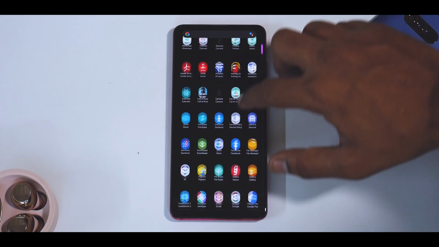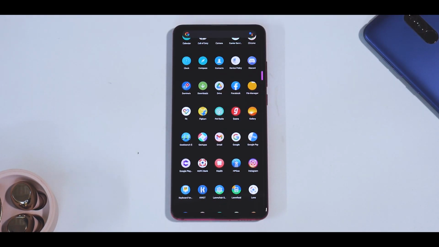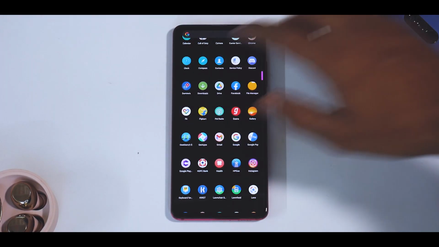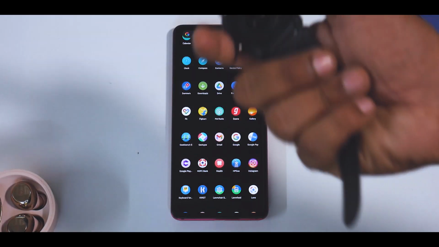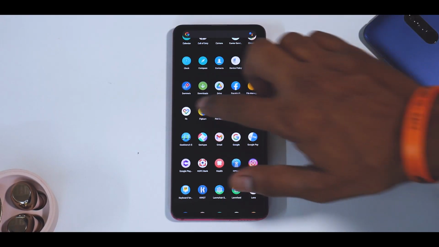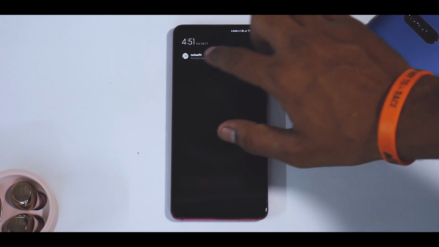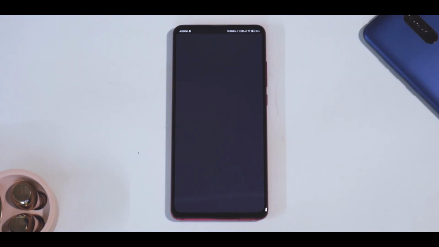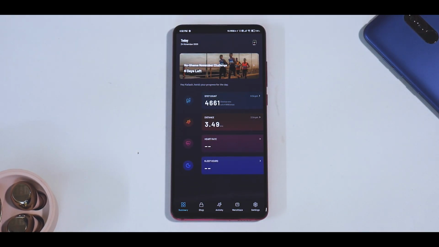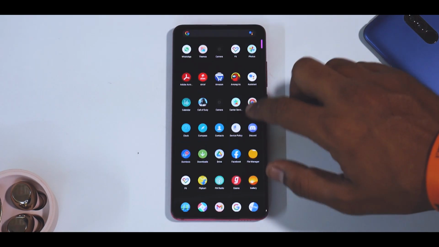But apart from that, we have the usual Facebook. Gaana application is something I use to listen to music. It is for Hindi and English music. I always have Google Fit because the smartwatch, the Noise Color Fit Pro 2 smartwatch that I use syncs my data to their app, and then it syncs everything to Google Fit. So if we have a look over here, there you go. You have the Noise Fit app, which is always there on my phone. It does all my fitness tracking and stuff like that. So that is a very, very important part.